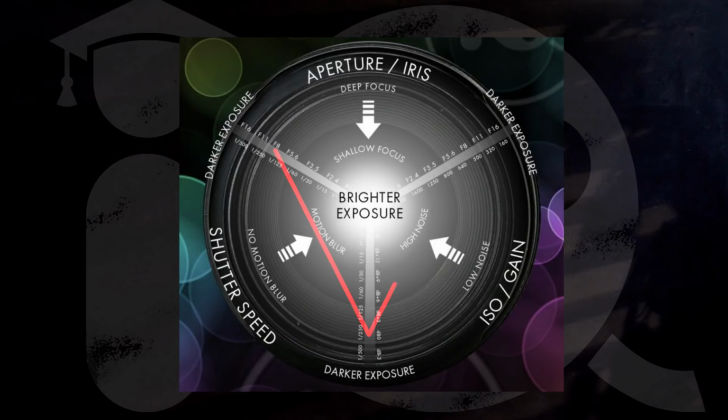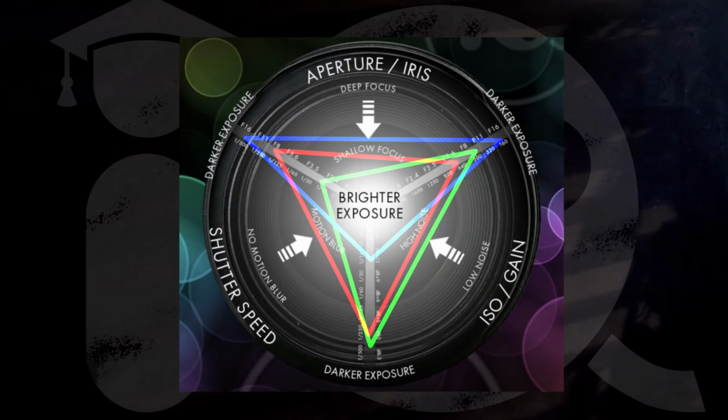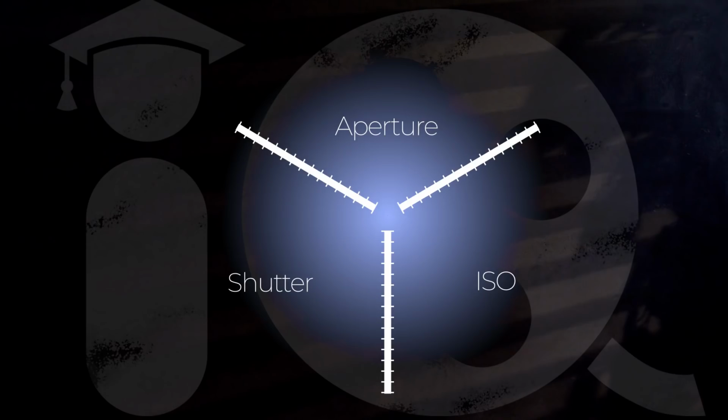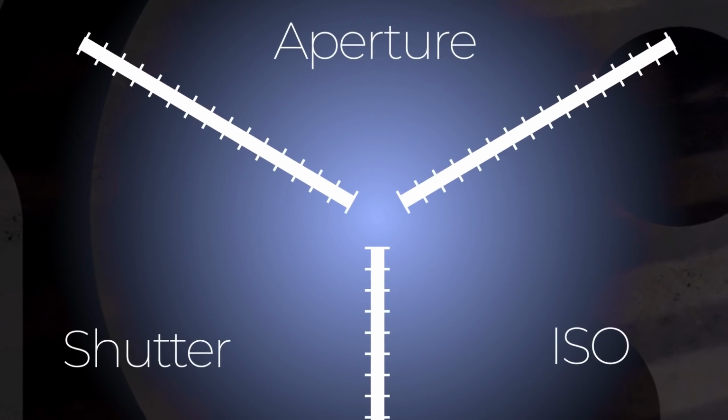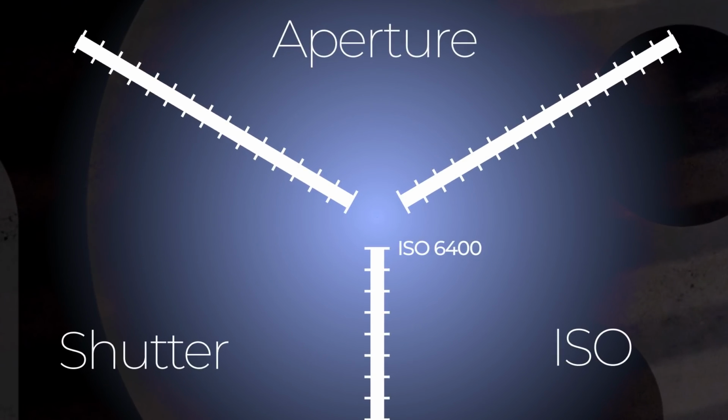Then any combination of settings will result in a triangle. The idea was maybe you could describe any particular exposure by the shape of the triangle drawn on these three axes. But when I went to label the axes, I realized that whatever numbers I would put in there would be completely arbitrary. If the center of my three-axis graph was a really bright image, well, that could be ISO 6400 or it could be ISO 1,024,000.